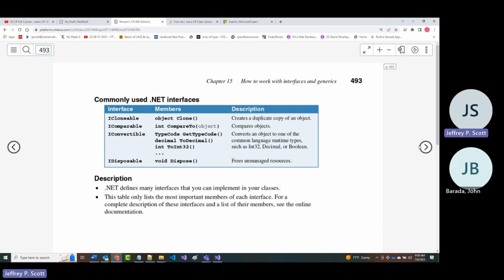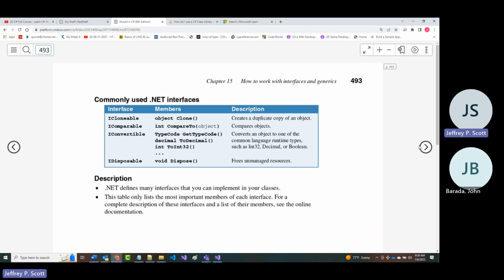The iComparable one compares two objects. If the first object is what's known as less than the second object, it'll typically return -1. If the two objects are identical to one another, the contents, it will typically return 0. And if the first object is considered greater than the second object, it'll return +1.